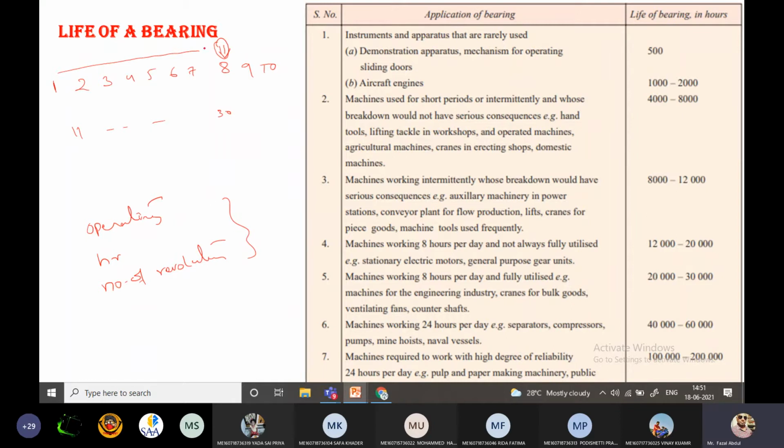Whatever the days we find before these days is referred to as the life of that particular bearing. Okay. So the number of revolutions, or working hours, or number of times operating for a given speed, which the bearing runs before the first evidence of fatigue failure of the bearing. Means if you find that on the 8th day it is subjected to fatigue failure, then the life of that particular bearing is 7 days.